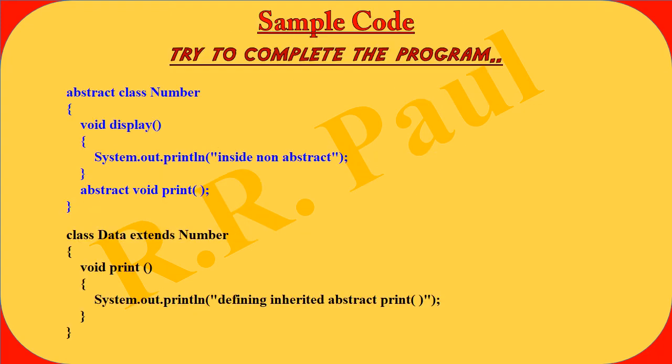Since you are expected to complete the program, here we have a sample code of the same. The main things that I need to point towards are mentioned here on the screen. The class number is declared as abstract. The function print is also declared as abstract and hence it is not defined there. But print function is defined in the derived class. This is what you have to take care of. And other statements will be written in the normal manner as you have been doing with other programs.